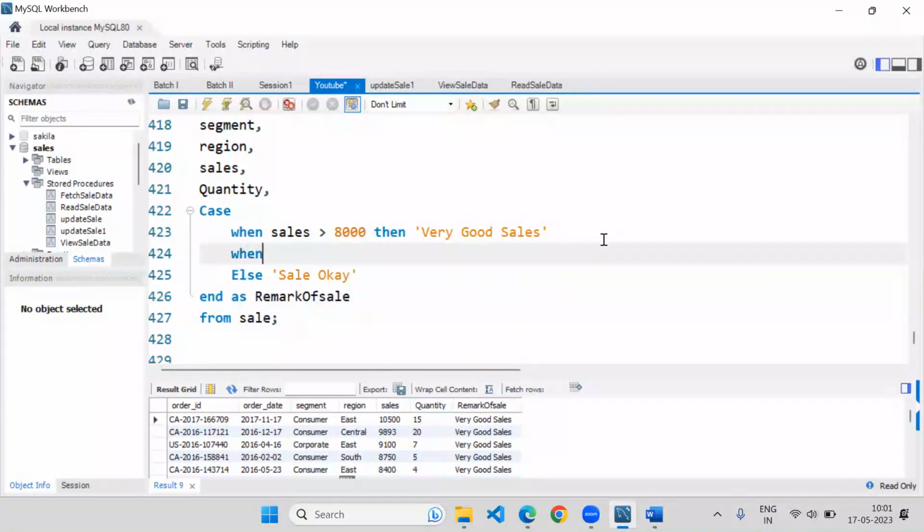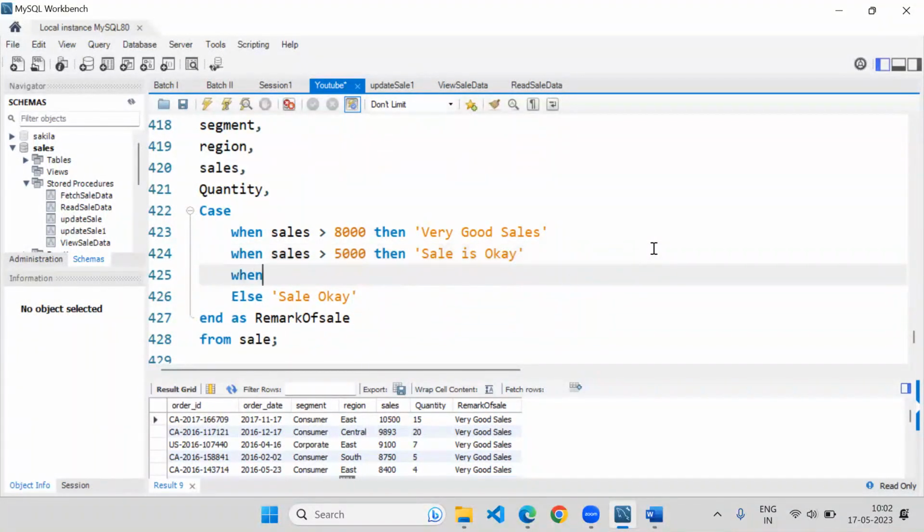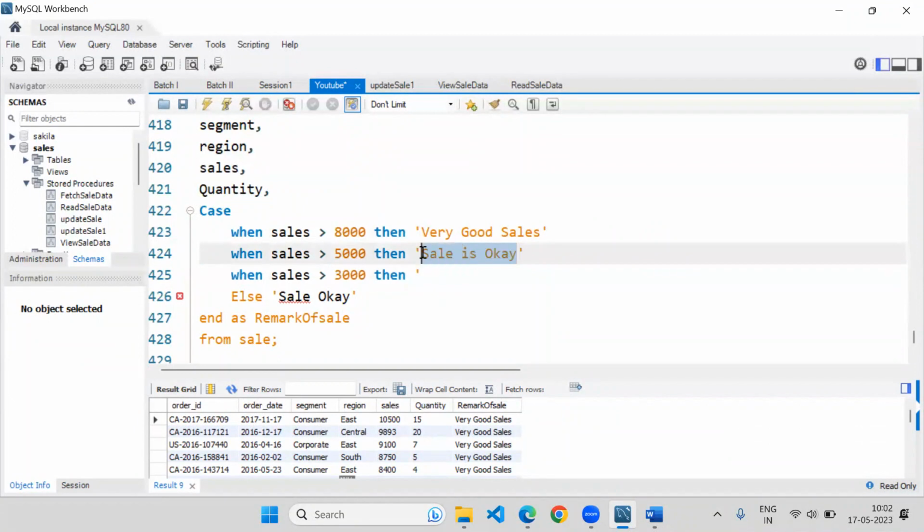So I will add the next condition: when sales is greater than 5,000, then sale is okay. On the next line, when the sales value is greater than 3,000,